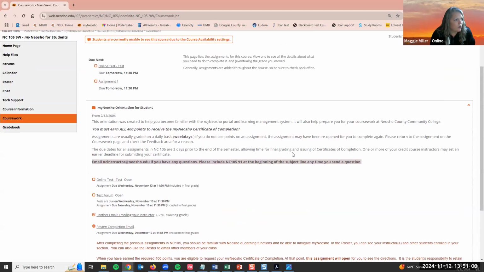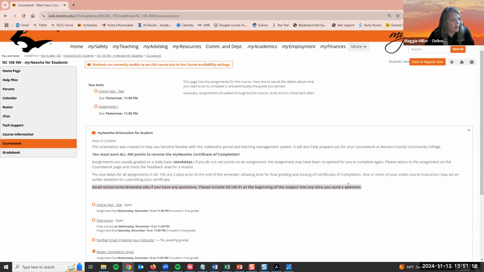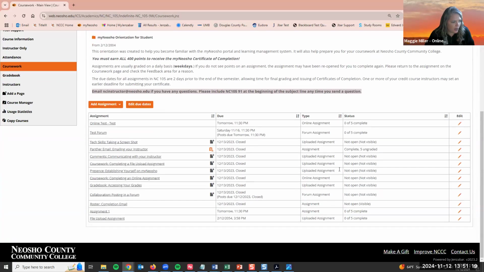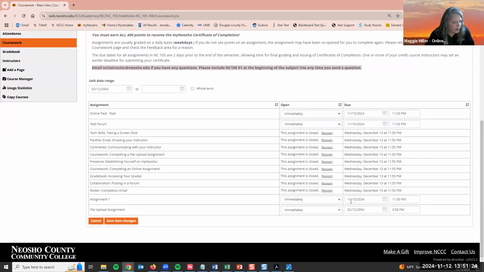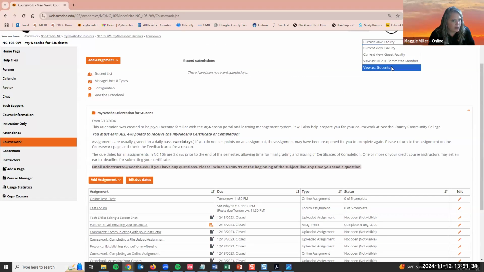And so we want to just go to that student view to see why they cannot see all of the things that they should be seeing. And so then you can go in and just view it like they do, then go back to your regular view and say, oh, it's because it's not open yet. So then you can go in and you can change the open date from this page and be like, okay, it needs to be open on this date, and edit there. Okay, so again, student view,